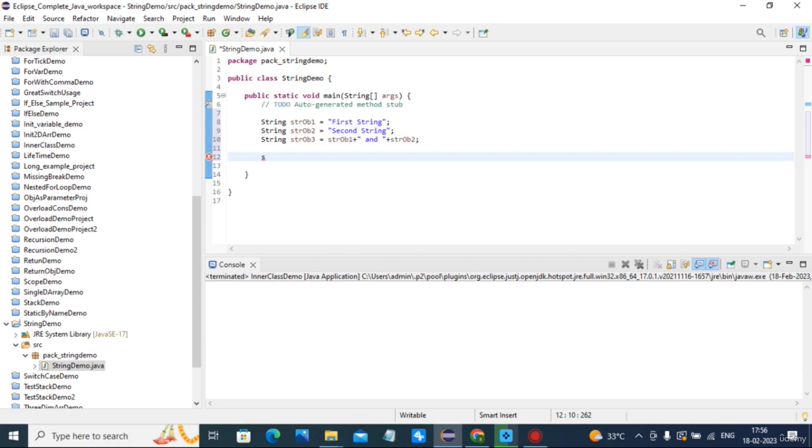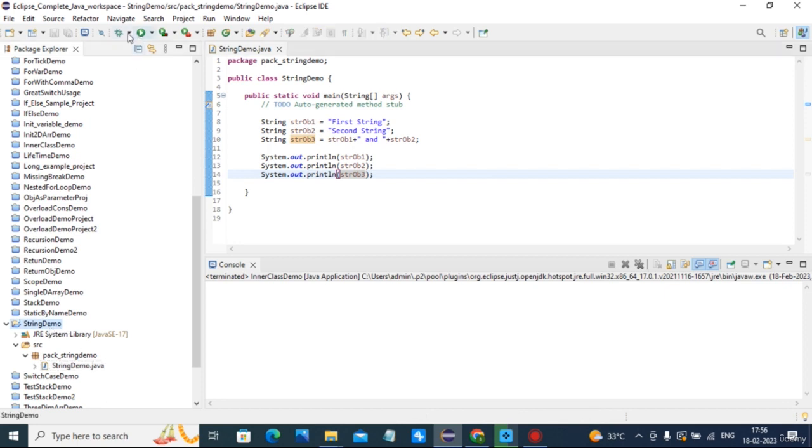Now I print str object1, str object2 and str object3. So this is done. Now I run this. First string and second string is concatenated and two strings are displayed separately. We will see one more example.